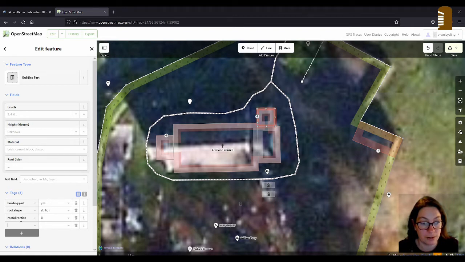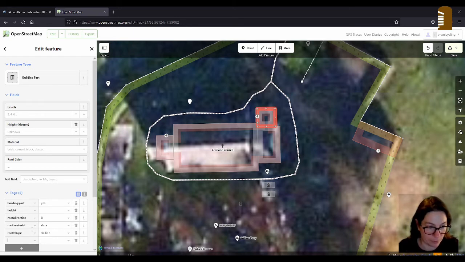And then we have roof shape, roof material, slate. And we have the height. So it just ends underneath where the roof of this one ends. So the total height of this part is just below the height of the body of this part, which is 5. So let's put this at 4.8. Height 4.8.